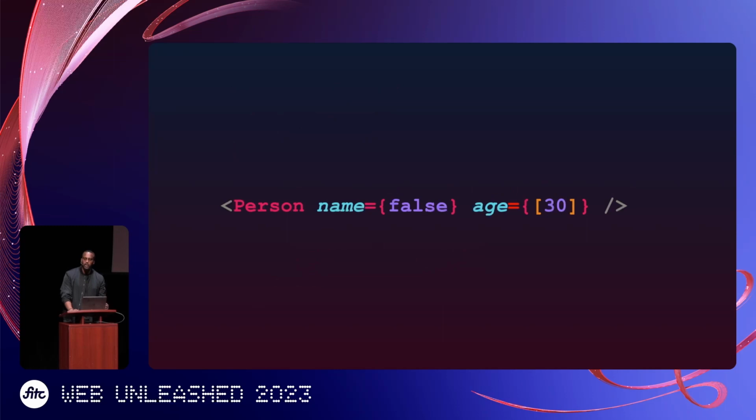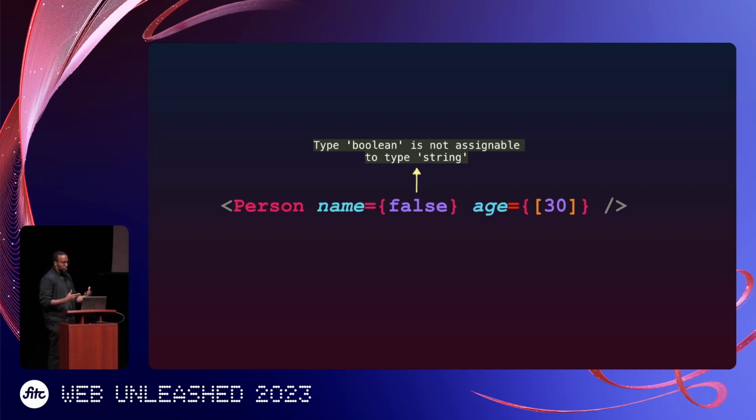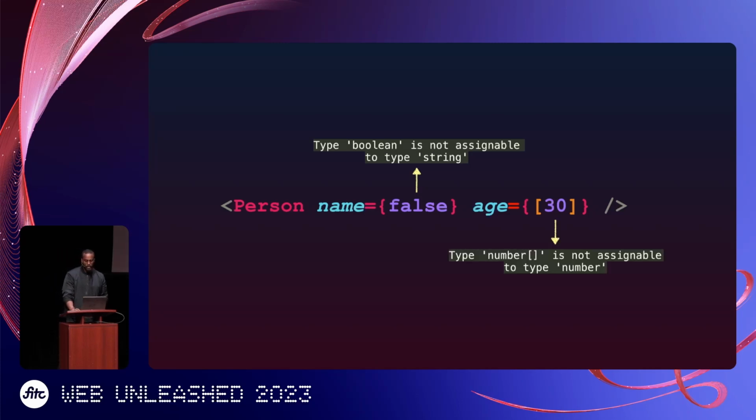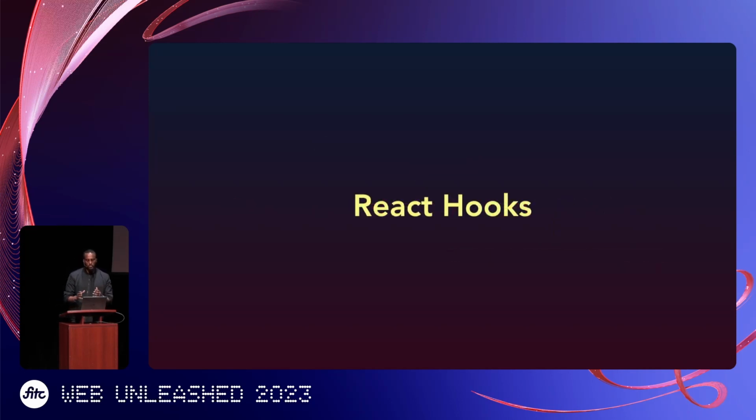And now elsewhere in our code, if we intend to render this component and we pass incorrect types, we get the benefits of TypeScript during the compilation process and during development. We're essentially told type Boolean here, for example, isn't assignable to a string, and an array of numbers isn't really assignable to a number. Okay, let's quickly move on to another straightforward concept within React, and that is